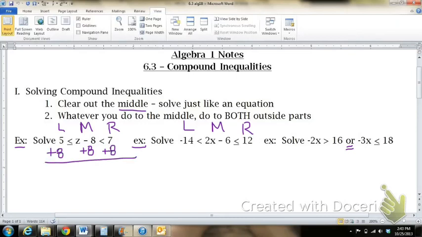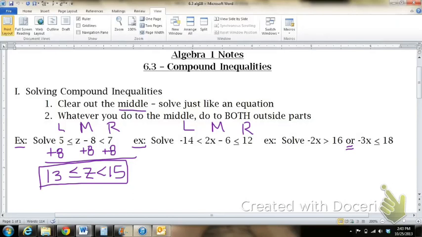So I add 8 everywhere, and that gives me 13 less than or equal to z, which is less than 15. That is done, because I don't have any number in front of the z to divide by, so I'm done. Now in the next example,